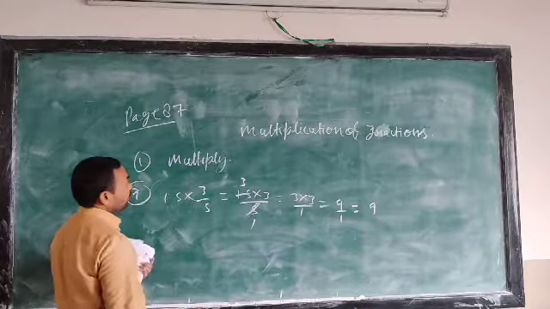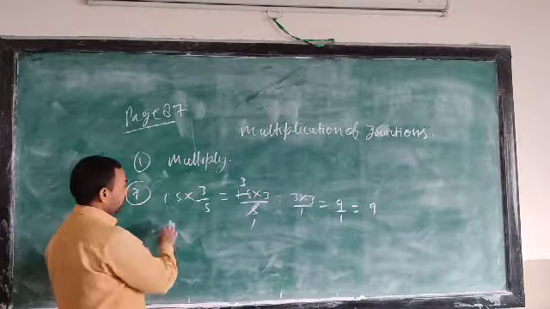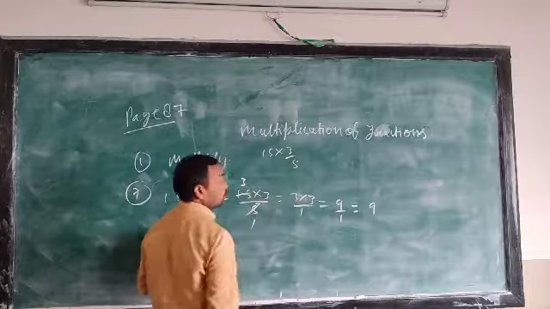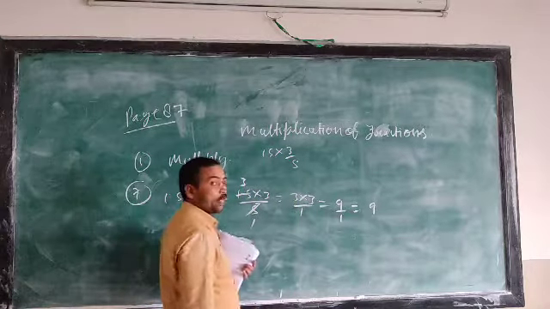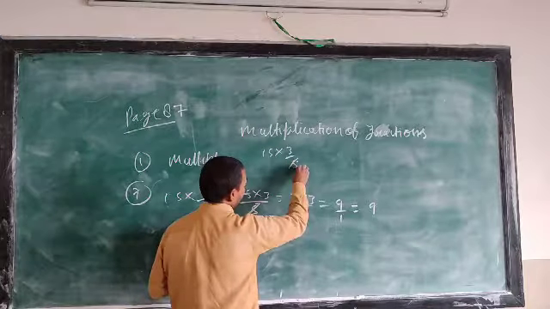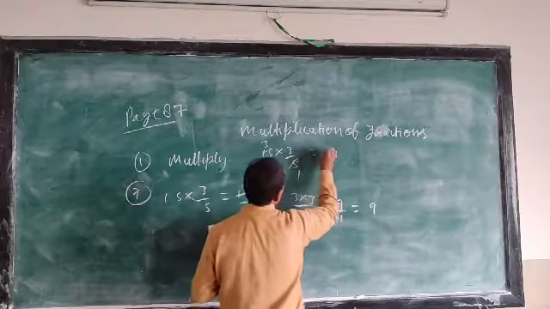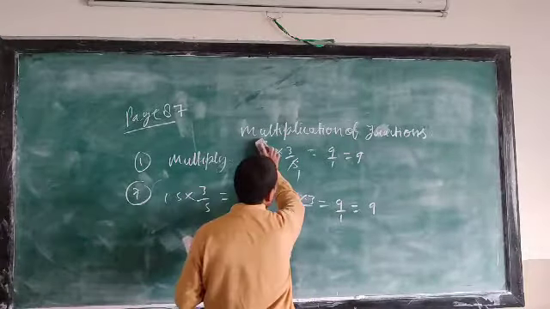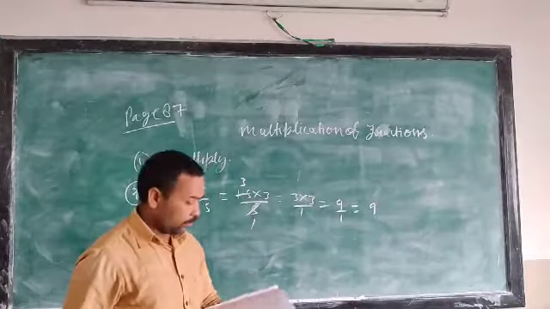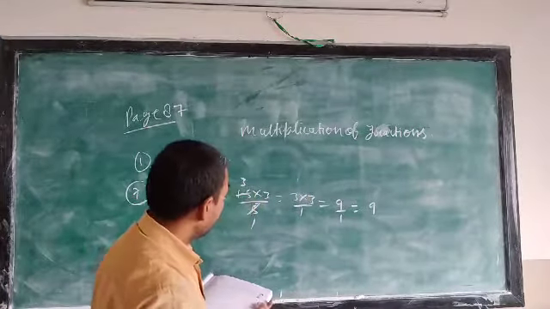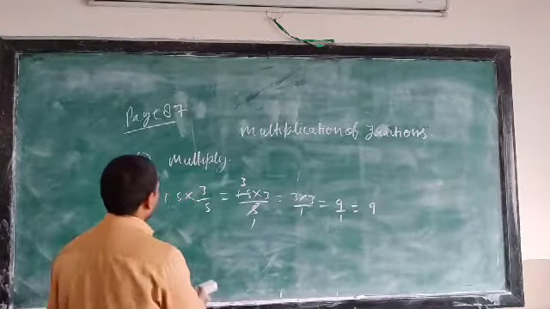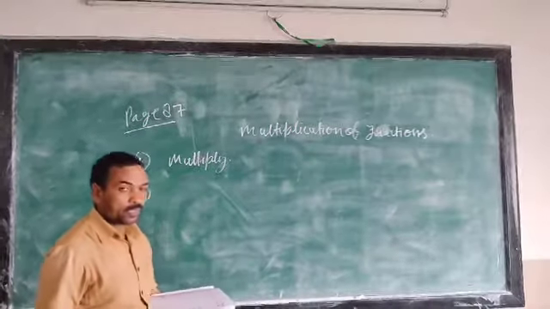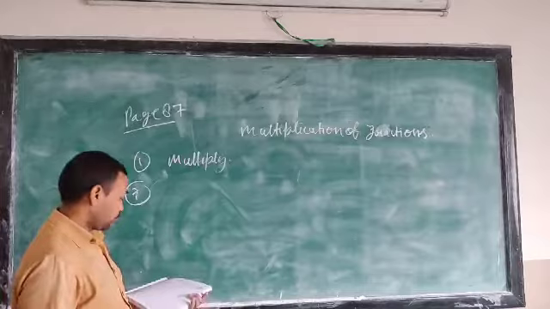So after this step, some of you are understanding. You can write directly 15 multiply 3 by 5. You can check whether these are divisible or not. Do they have a common factor or not? So 15 and 5 have the common factor 5. 5 threes are 15. So 3 times 3 is 9 by 1, or 9. You can write directly 9 without writing this many steps. So I hope you understand how to multiply a whole number with a fraction. For a mixed fraction, first convert it into an improper fraction and then do it like the previous question.